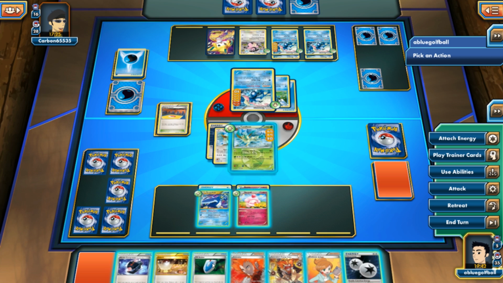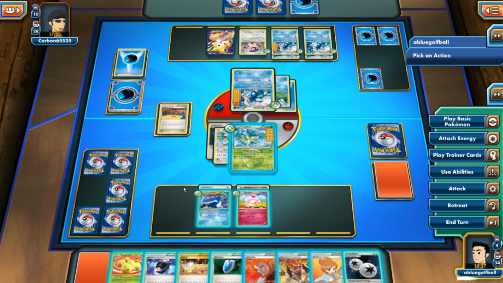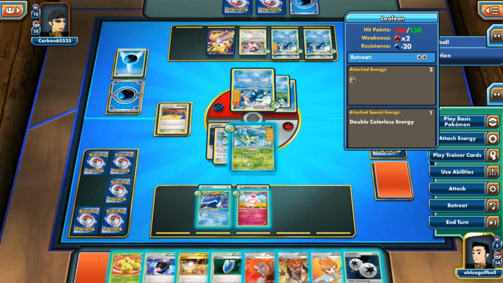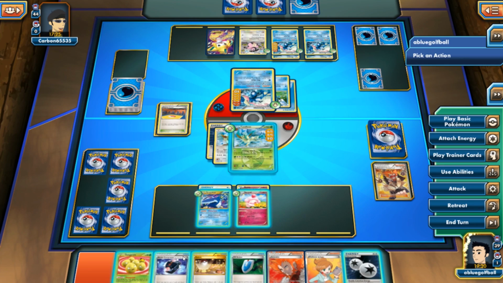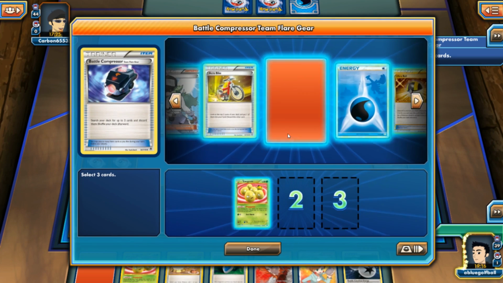And okay, so what I want to do is, let's go ahead. We will use abilities. Let's just Propagate. And I'm going to go with the Lysander's Trump Card, I think. We could Lysander out right now, but I'm going to knock out this Greninja regardless. So let's go ahead and do that. Alright, Lysander's Trump Card it is. I don't want to deck out here. And let's go for the Battle Compressor. Let's get out the Execute, and